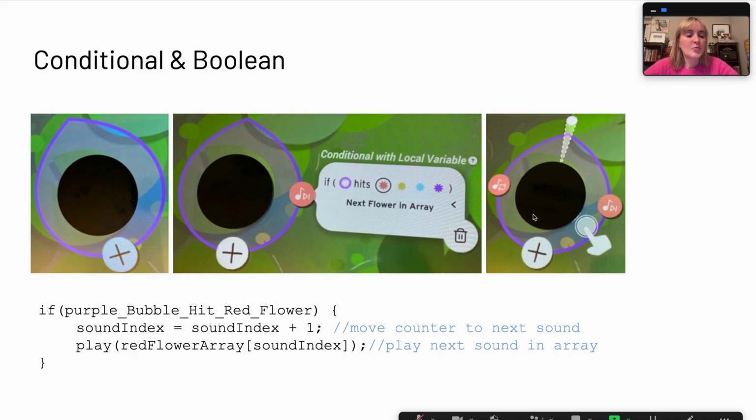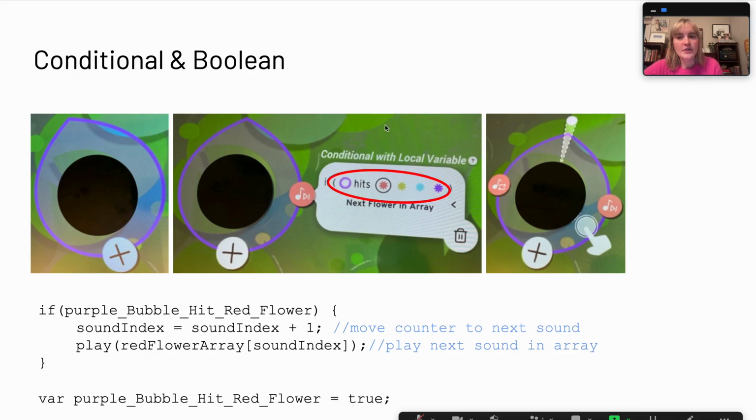And you can add multiple conditionals to one frog, and they collapse into these icons, which you can then expand later, but it preserves the space. There's also this concept of a Boolean, which is embedded in the conditional. So there's this condition that's either always true or always false. So we also have that embedded into the system.